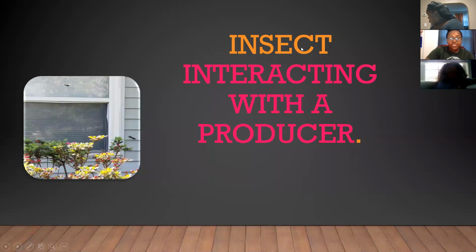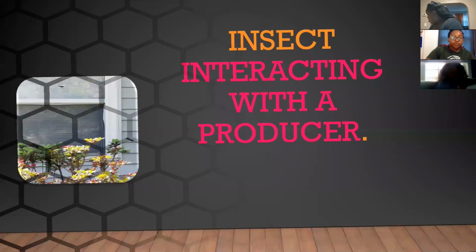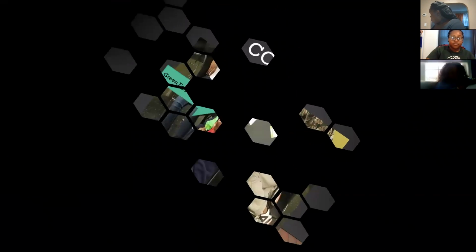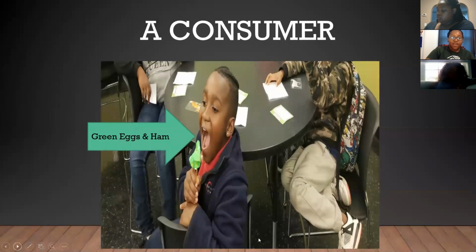And here we have a bee. This is an insect interacting with a producer, which is this plant. All right, and here's another consumer. We had green eggs and ham for our literacy day. So this is a human interacting with